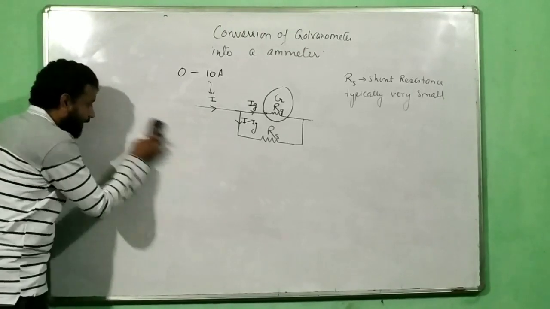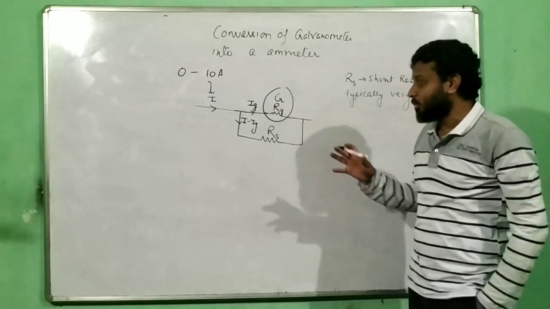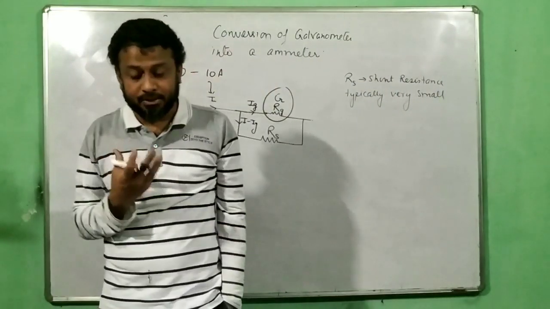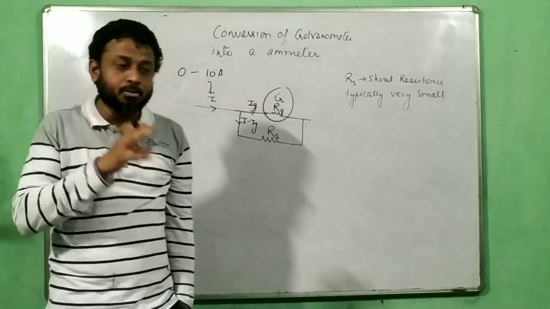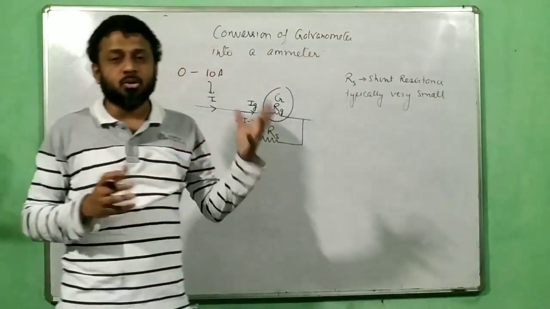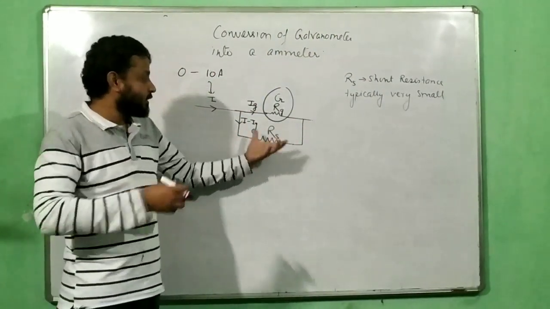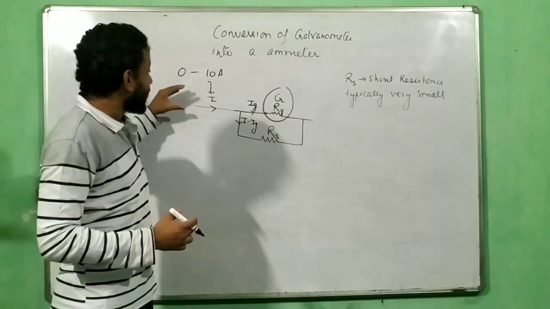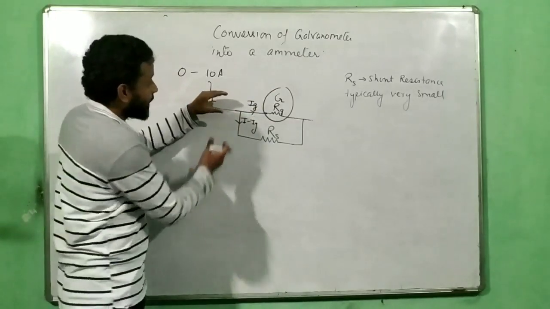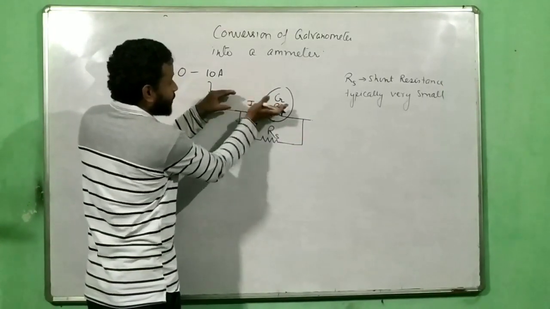So I will just narrate the whole thing so far, whatever we have done. Remember, we have a galvanometer which has a very small value of safe current. Now in order to make sure that the galvanometer gives me a deflection for 10 ampere or 20 ampere and so on, I have to arrange a shunt resistance. The shunt resistance should be chosen in such a way that when a high current passes, a current more than Ig, part of the current is diverted in this direction and part only goes in this direction.